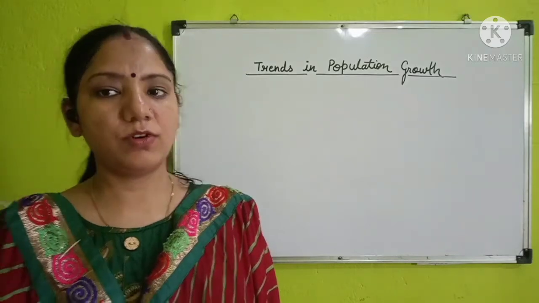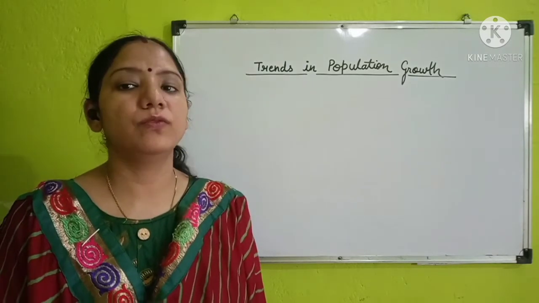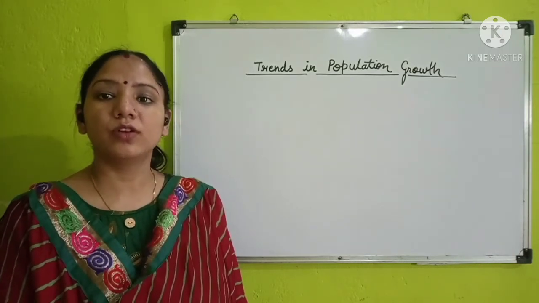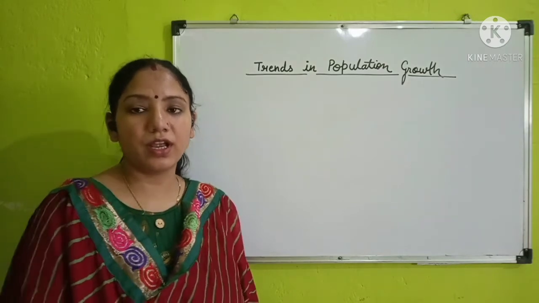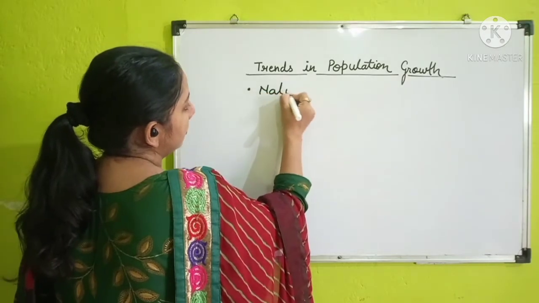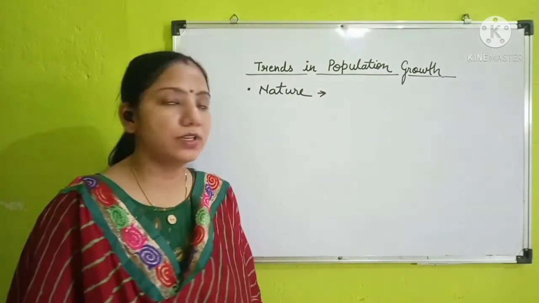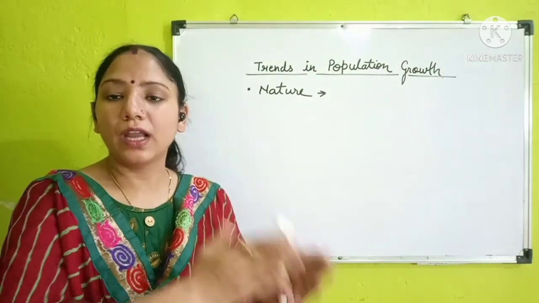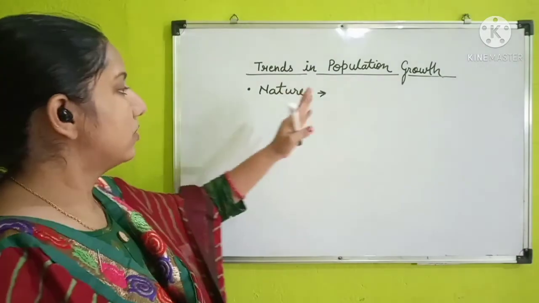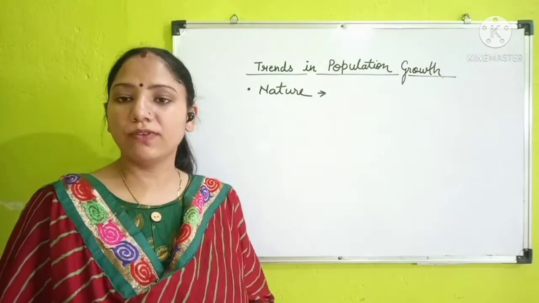Now let's see our next topic, that is the trends in population growth. We know that the growth of population, which is now in a drastic mode, was not similar in the past. Human beings are social creatures and they always depend upon nature. So nature is the most important factor responsible for the trends in population growth over the last few years. We can even include the last 100 years. The population growth increased greatly in different stages, where nature is a responsible factor